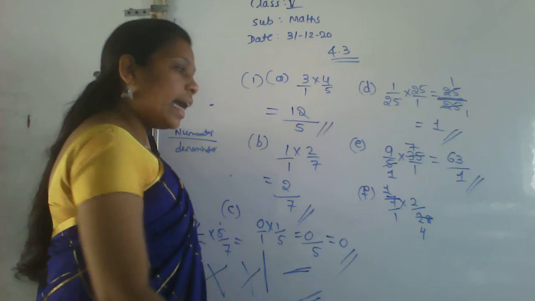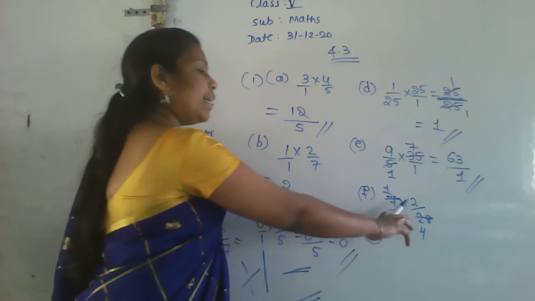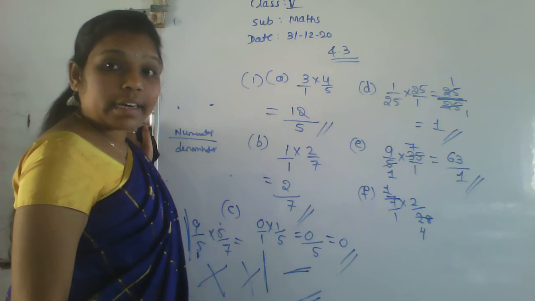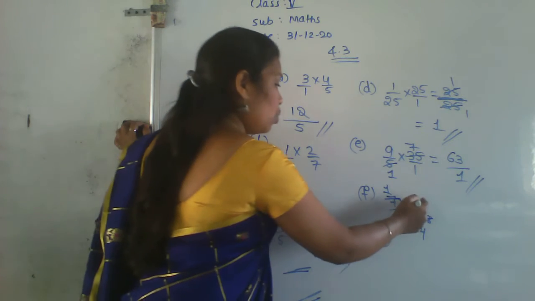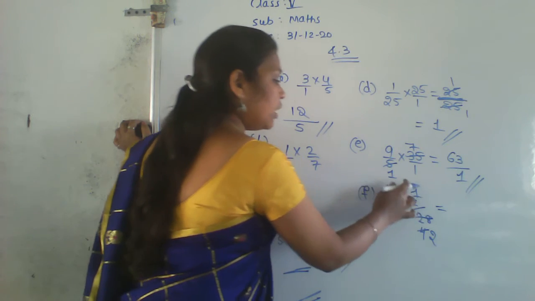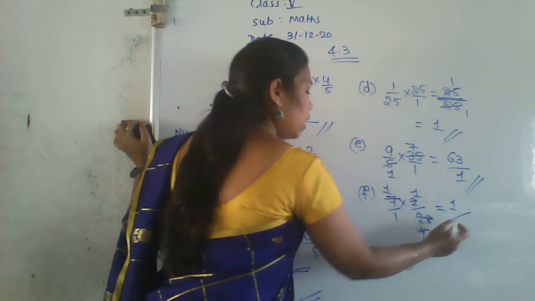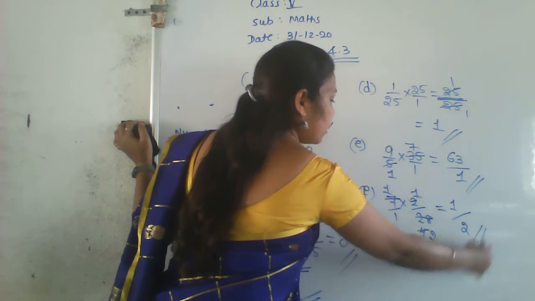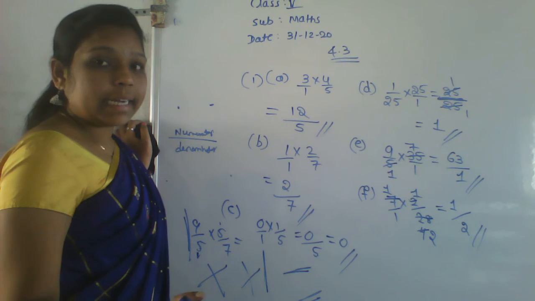Okay. So again here 2 is there in the numerator and 4 is there in the denominator. Again 2 and 4 are in the 2 table. Right. So we can cancel now. 2 ones are 2, 2 twos are 4. So what is left in the numerator? 1 into 1. In the denominator 1 into 2. So what is the answer? 1 by 2. Okay. Getting it?